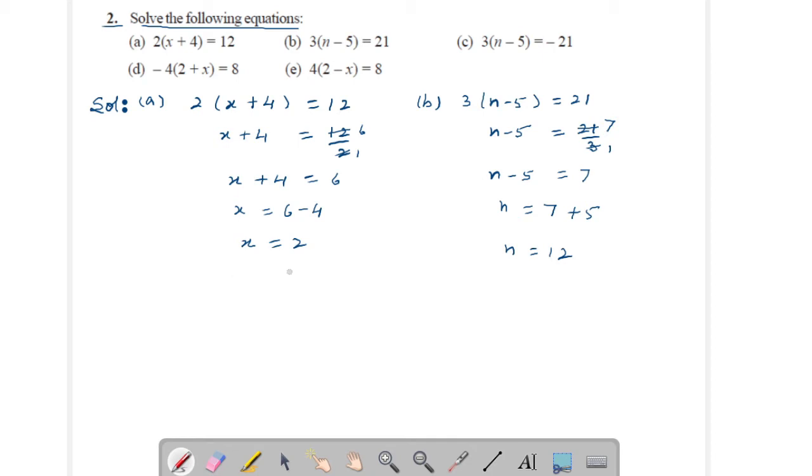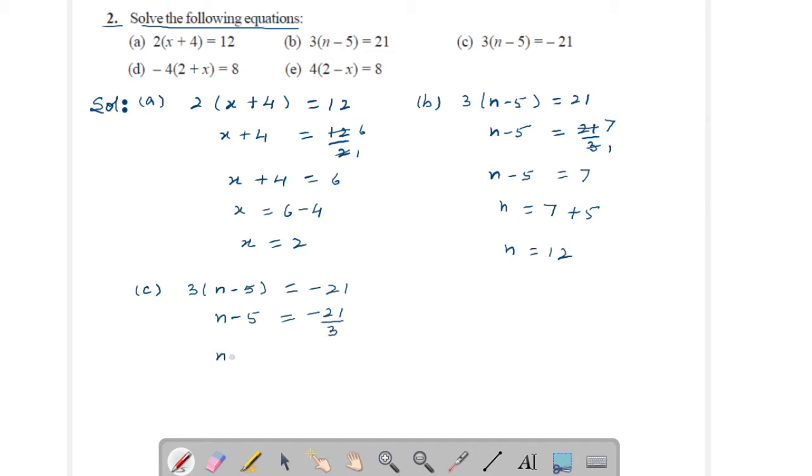Now come to C part. It is 3 within the bracket n minus 5 equal to minus 21. Here transpose 3 to right hand side, it will be divided. So this can be written as n minus 5 equal to minus 21 upon 3,